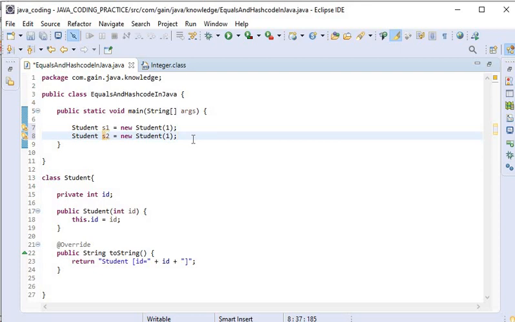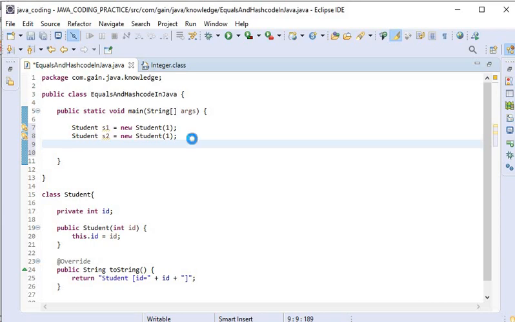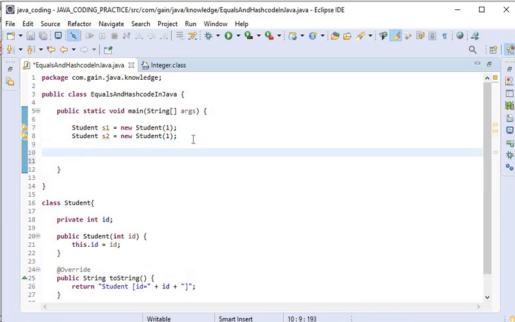Now why we need to use equals and hashcode functions, here we will understand. First I will create a map object, and the map will use Student as a key and String as a value, and the student map object is created.